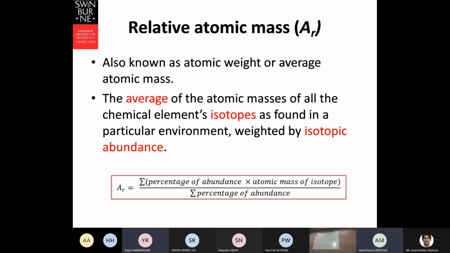Relative atomic mass, now, is the atomic weight or average atomic mass, because they have many different types of isotopes, right? So which one do we consider as the total mass of that atom? What you can do is take all of them and take the average. That is the best way, of course. Otherwise, you will not get the perfect one. So get all of them, and then